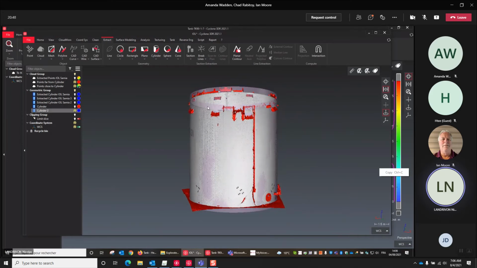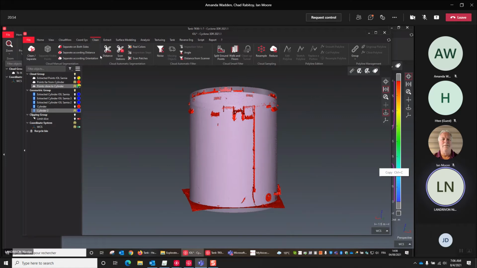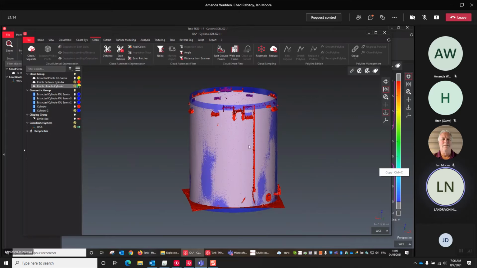So after, we just select the cylinder and the point cloud, and we go to the clean menu, and we try to separate according to the distance, to keep as many relevant points as you can, and even if you don't get 100% the good points, you can also get back just a little bit after.